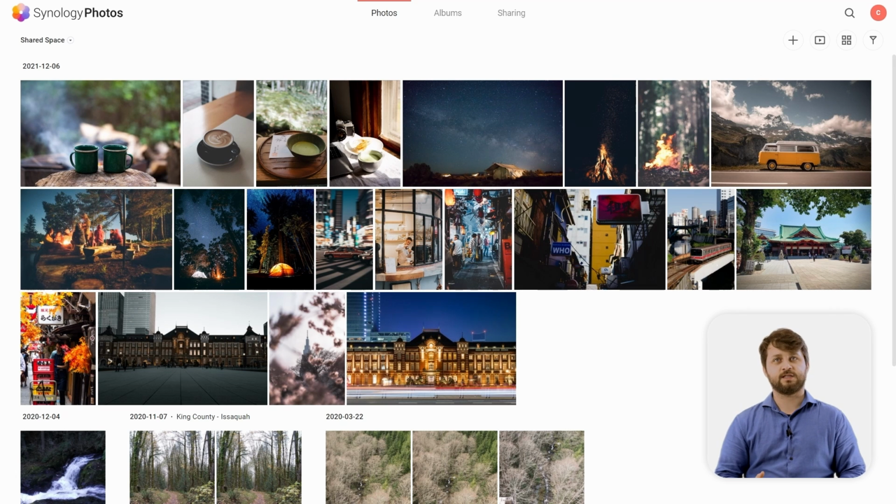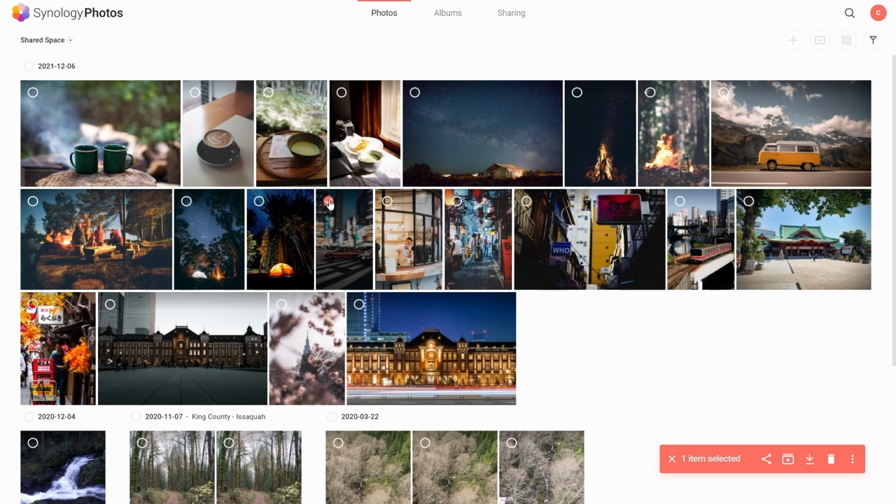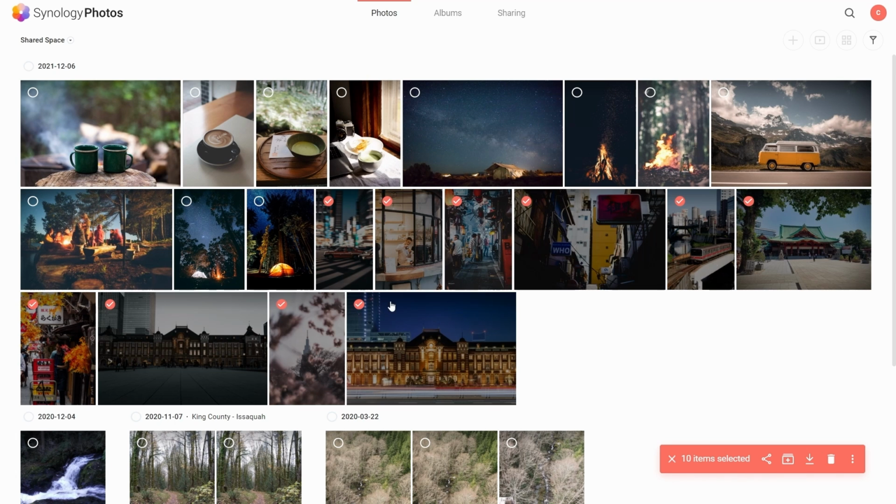So what we're going to do next is begin to organize these photos in an intelligent way. So first and foremost, let's show you how to tag photos before we add them to an album. All you need to do is begin selecting the photos with the checkbox, and once you do so, of course, you're going to get your initial alert to actually add these photos to an album. You get a nice little toolbar that pops up on the bottom right that you can use to download or add them to an album or tag them like we're about to do.